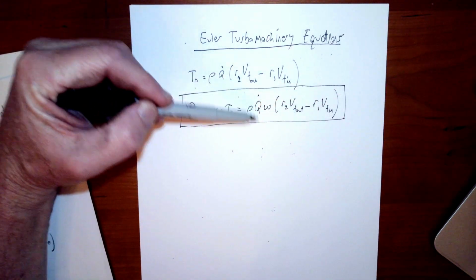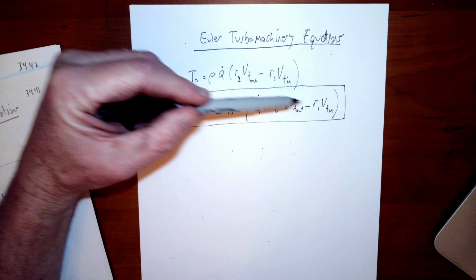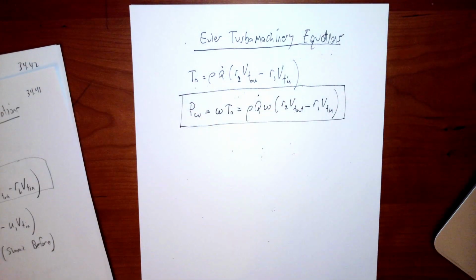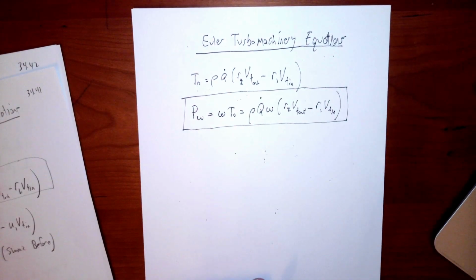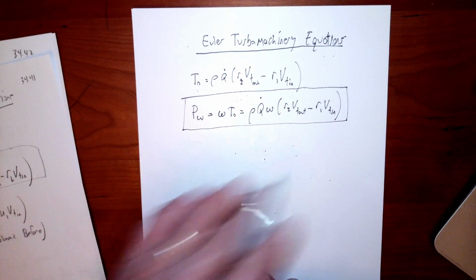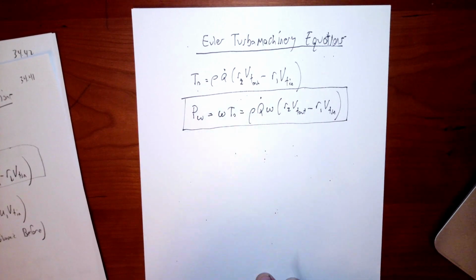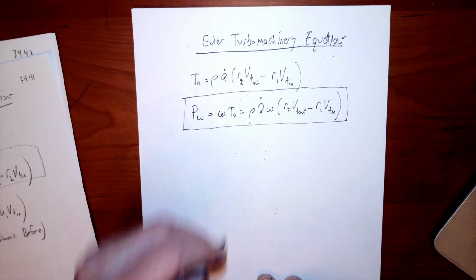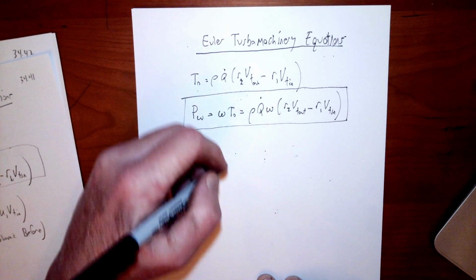So that's our first actual result. We can calculate water horsepower if we know VT out, VT in, and these various parameters like volumetric flow rate and density, of course, and angular velocity of the pump shaft. We can continue with that analysis to say